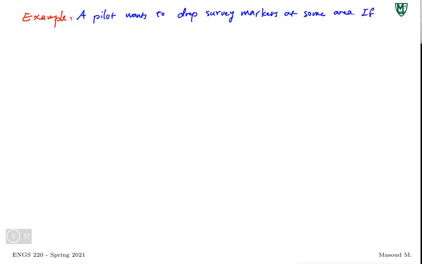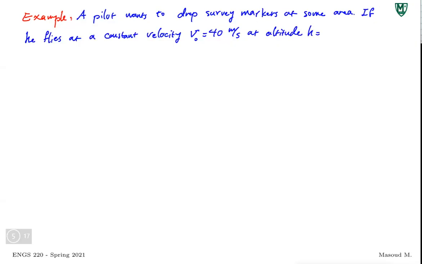If he flies at a constant velocity, v naught is equal to 40 meters per second, at altitude h is equal to 30 meters, and the marker is released with 0 velocity relative to the plane,